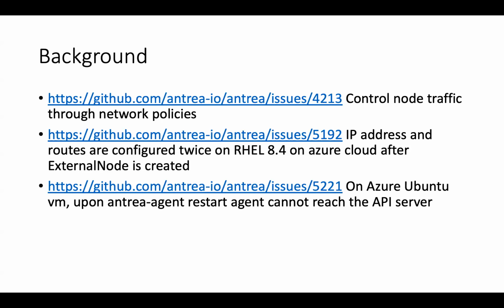This will cause some problems when DHCP is used to get the IP lease of the uplink device. And here are 2 issues which have been opened for the external node feature. Both of them are issues